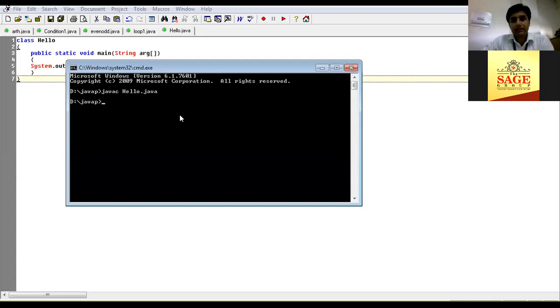If there is any error in our program, it will show errors. Otherwise, it will properly compile our program and show the prompt again. Now our program is properly compiled.